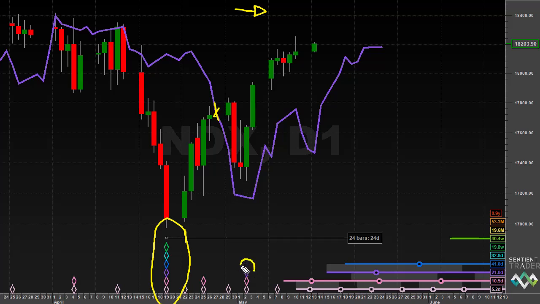We have the 20-day cycle trough that has been found over here at the beginning of May. And so our next cycle trough is going to be the 40-day cycle trough, expected in about 10 days or 2 weeks. And again, we will be watching the 20-day cycle FLD to see how price reacts to that FLD as it moves down towards the 40-day cycle trough. When I say as it moves down towards it, I do not mean that the peak has formed and that the market is already moving down. The peak must first form, and then, of course, price is expected to move into the 40-day cycle trough.